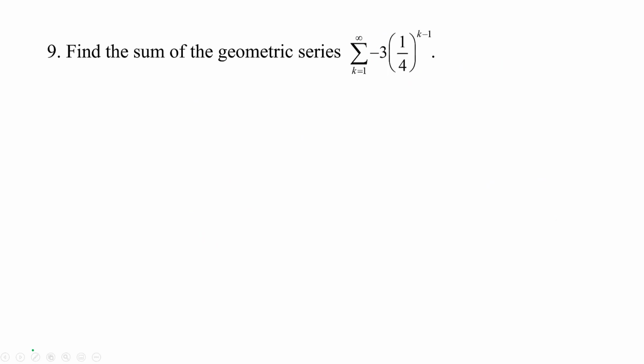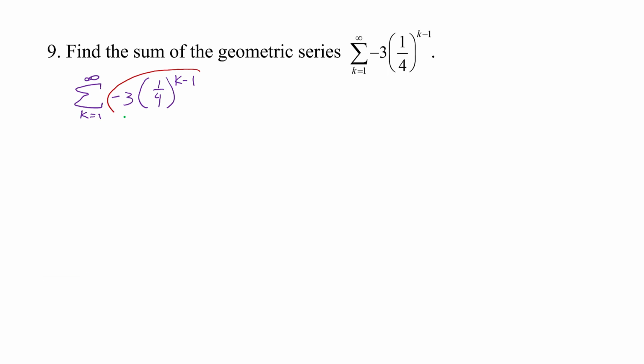So an arithmetic series is just the sum of the terms in a sequence, right? Okay, and here we're finding the sum of the geometric series. Well, for a geometric series, if this is written in summation notation, I'm going to strongly recommend that you do write out a few terms. So let's go ahead and write out some terms here. We have the sum from k equals 1 to infinity of -3 times 1/4 raised to the k minus 1. So each term